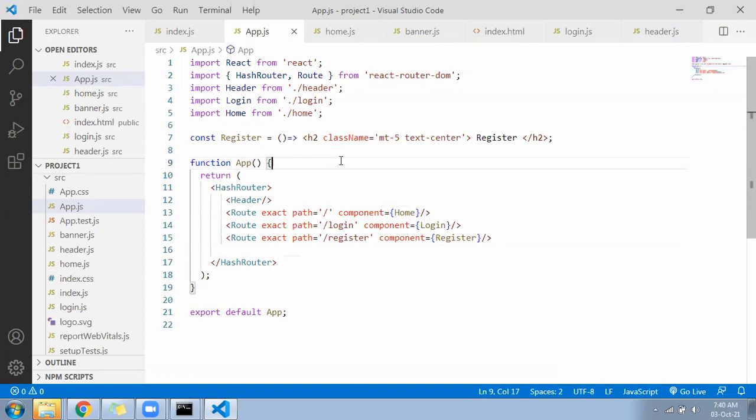So in the banner file, first we'll add the banner stuff, image related. The image and banner related code we have in Bootstrap, that also we can add. After that, it will start working. Or instead of following the Bootstrap banner, we can write our own banner, which is better.